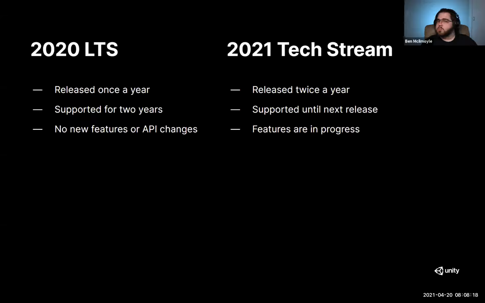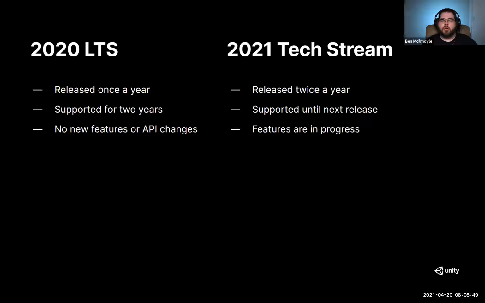On the other hand, if you're just prototyping a game, or maybe you're just starting development and it's going to take a few years anyways, you can start with the tech stream, get all the latest and greatest features, and experiment with stuff as it comes out. And then if it does take, let's say, a year or two to get your game to production or to market, that version will eventually become the LTS. And now you have the benefit of having all the bleeding edge tech, and then it will become stable as things go on as well. So whatever version you use, they're both great choices, just different reasons you might choose either one.